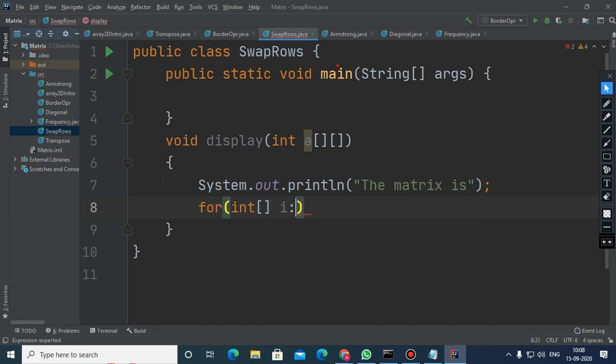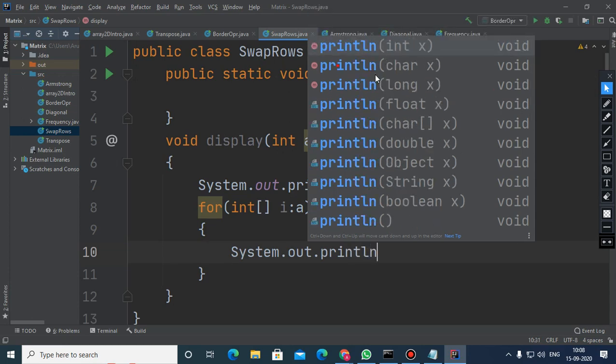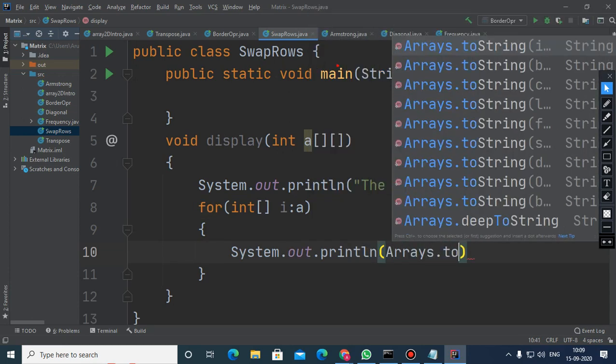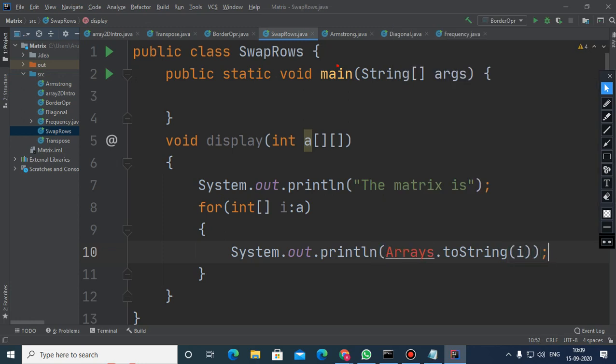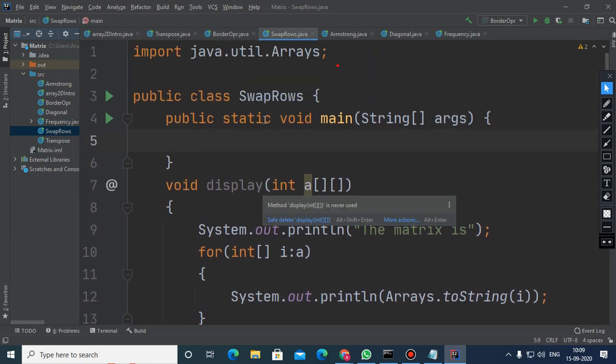Kaustubh, the meaning of this statement is one row at a time, and this is the matrix. So the meaning of this for loop is to extract rows one by one from this matrix. And if you write Arrays.toString within brackets i, the whole row at a time will get printed on the screen. If you don't want to extract and print the whole row, there is another method also you can use. I will be telling you.